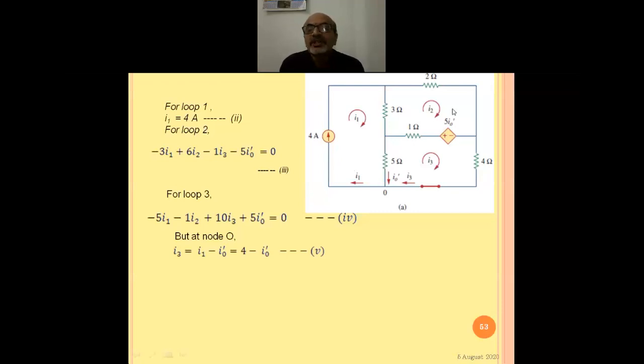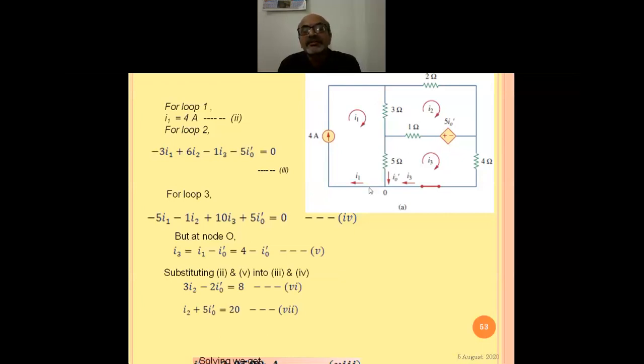When we are considering the dependent source, another thing you will have to take care of is that it depends on the value of the current I0, or in the earlier figure it was given as phi I0, and I0 was marked here, that was the current through this 5 ohm branch. But now we are changing the circuit. I am assuming, for simplification, that only the 4 ampere current source is acting in the circuit, and then what will be the current through this? The current through this 5 ohm resistor is going to change, obviously, because